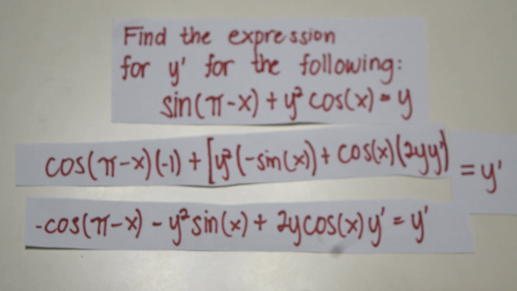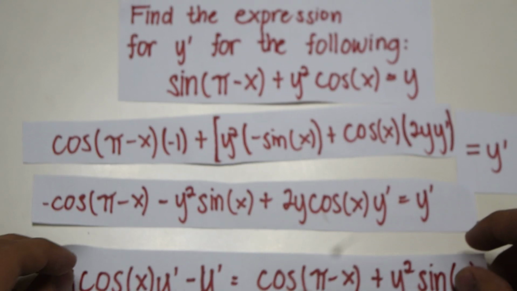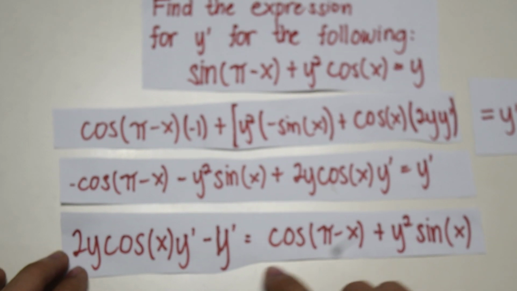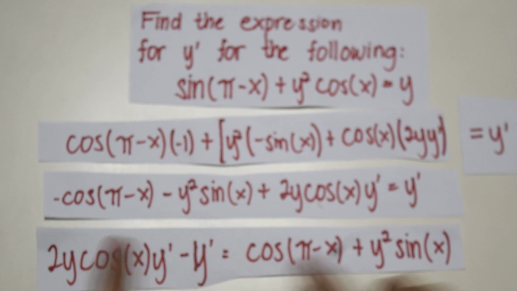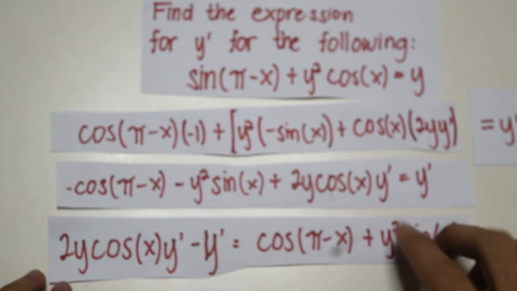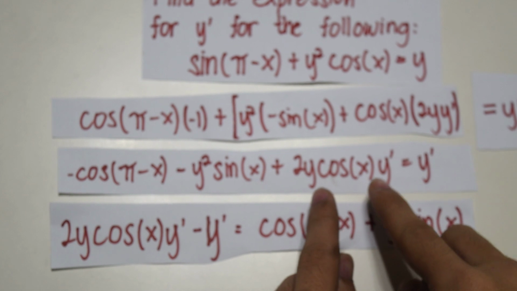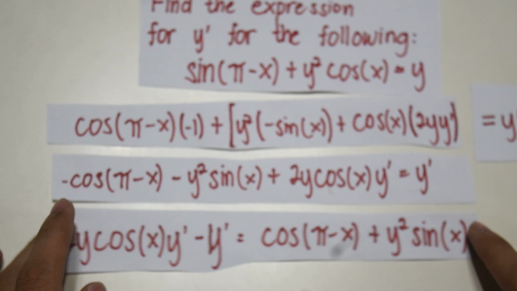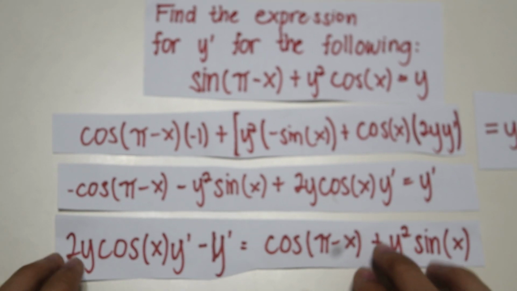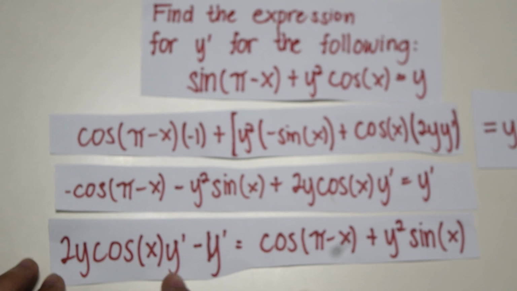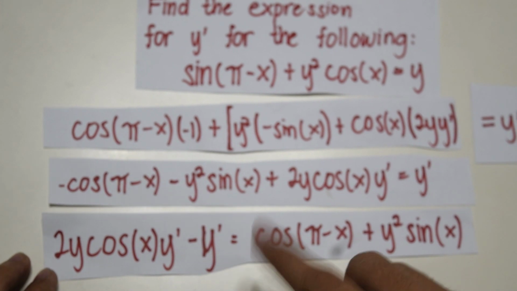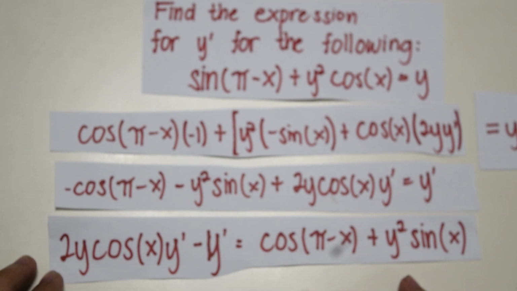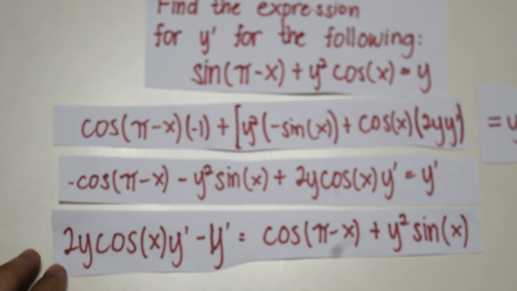Now, this is a step where we put like terms together. So we put the ones with the y primes here and the ones without on the other side. It would be easier. You can also transpose this 2y to the other side, but it would be more convenient just to put this inside here. So what we get is 2y cos x y prime minus y prime, as I said. And then for the other side, the ones without the y prime, which is cos of (pi minus x)